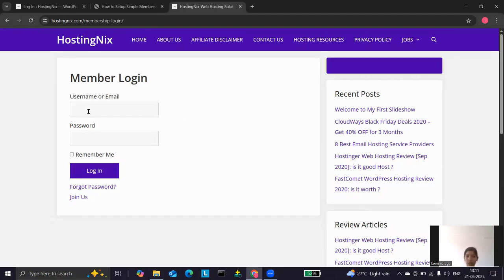Here we have to provide the username that we just created, the member's username. So I provide it here. And also we have to provide the password. For that you have to remember that password. And click on login.